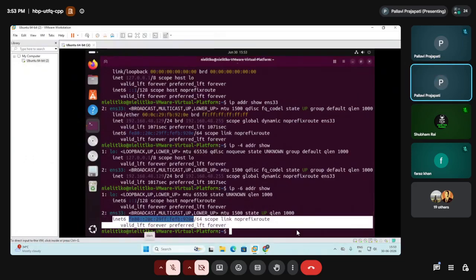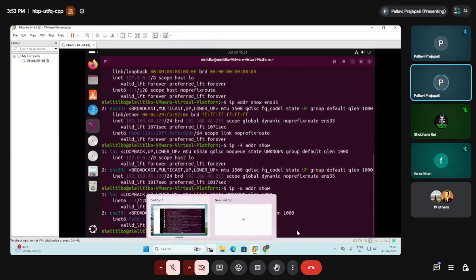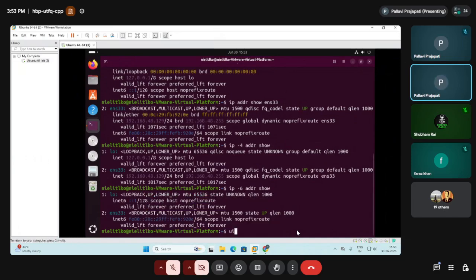Now, if you want to see the brief information about all the interfaces, then in that case you'll use ip -br. The br option will give you the brief information about all the interfaces.